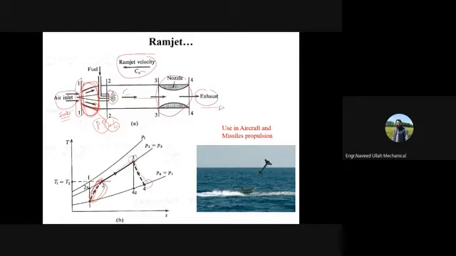अच्छा, ये जो रेम जेट होता है ना, that is used in the aircraft, ठीक है, used in aircraft and missile propulsion. एयरक्राफ्ट में भी यूज होता है और मिसाइल प्रोपल्शन के लिए अमूमन यूज होता है, ये आप देख सकते हैं, टेस्ट के दौरान, just for testing purposes, right. मिसाइल को as a carrier यूज होता है, मिसाइल को कैरी करने के लिए रेम जेट को यूज किया जाता है, ठीक है।